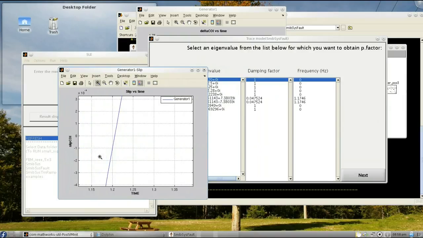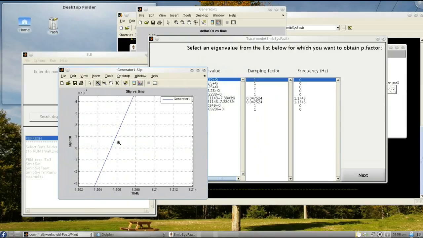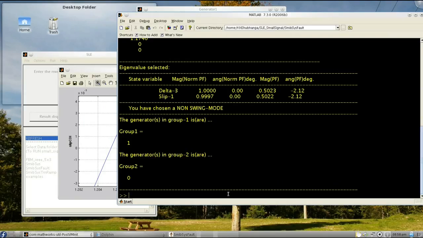So one can manually verify the participation of a given mode by calculating the frequency again.